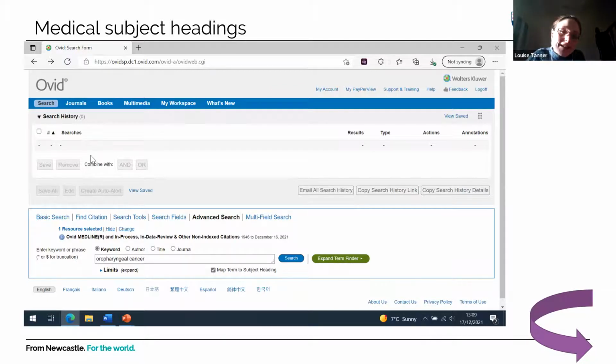So it might be that a journal article is relevant to oropharyngeal cancer, but it just hasn't been indexed correctly using that specific term. If you use the keyword search in addition to the mesh search, then you're going to pick up any articles that have fallen through the cracks and haven't been indexed correctly using the mesh headings.